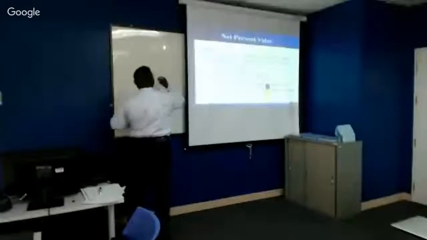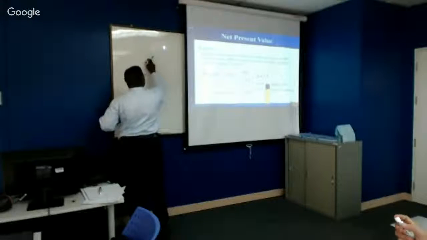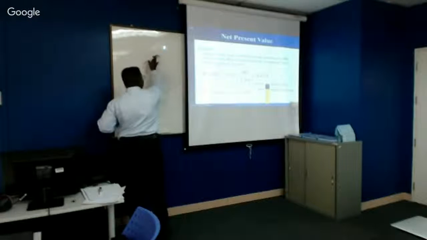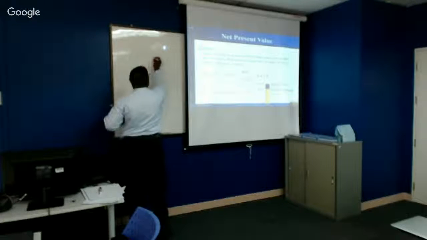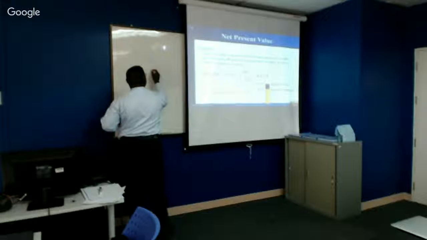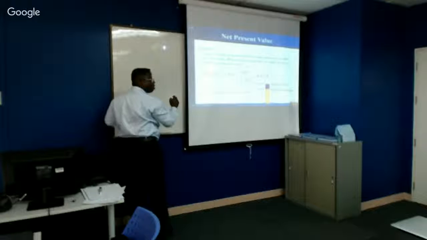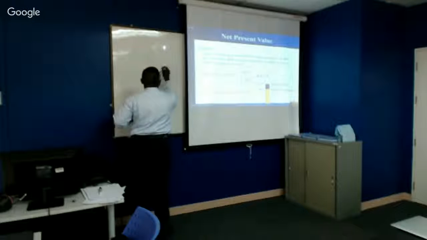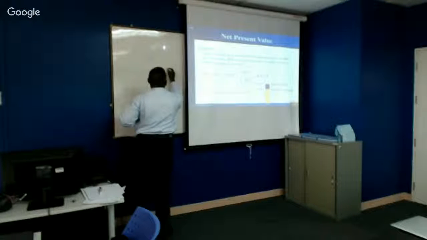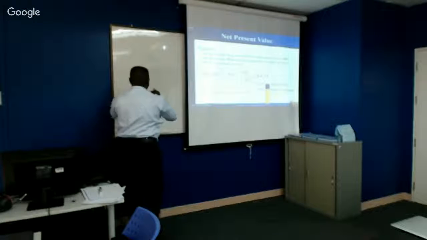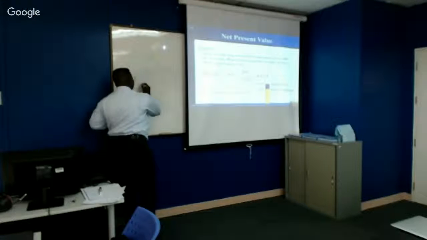Okay, now this is starting from next year. So if you want the PV, the present value for today, you discount this one by only 1 year. So what is the answer? 54.55. Okay, so what it means is that